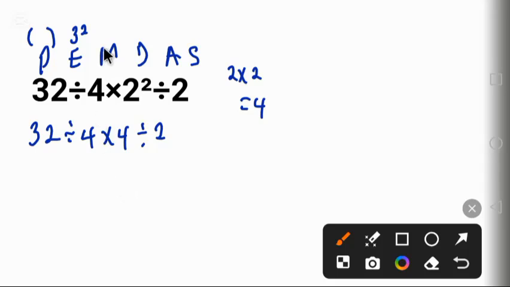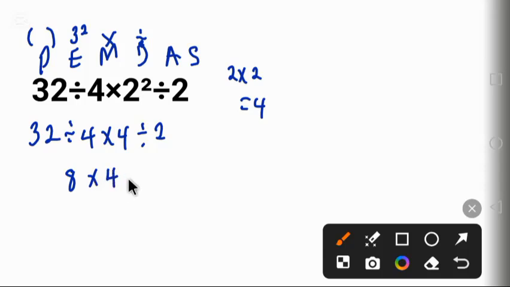Now, the next one here is multiplication and division. You work from left to right. Looking at this equation from the left, division came first, so we are going to solve the division before multiplication. So 32 divided by 4 will give us 8